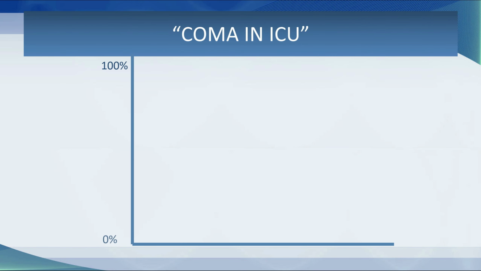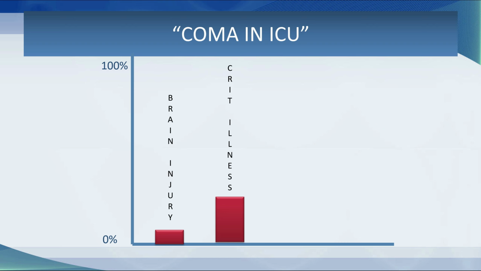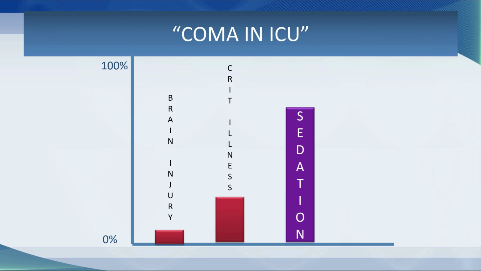If we look at the causes of apparent coma in the ICU, brain injuries such as stroke or traumatic brain injury are a relatively small proportion of those patients. Critical illness itself does cause coma, particularly sepsis and hepatic encephalopathy and all kinds of other metabolic dysfunctions associated with just being sick. But the vast majority of patients who are unconscious in the ICU are comatose as a consequence